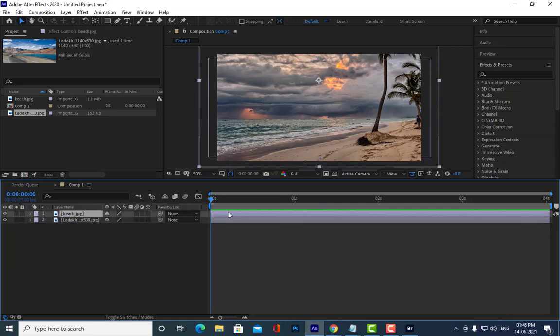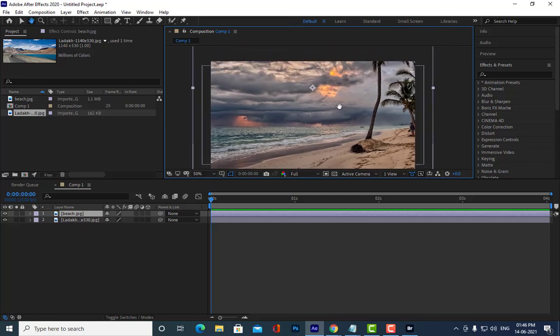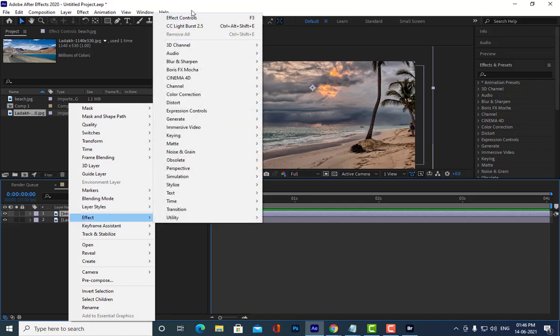Here I will show you a simple effect. Simply right click, and you can apply an effect. A very big list of effects is there, so many options. But I will start with a simple transition effect, and we will cover in detail each and every effect from the next class.